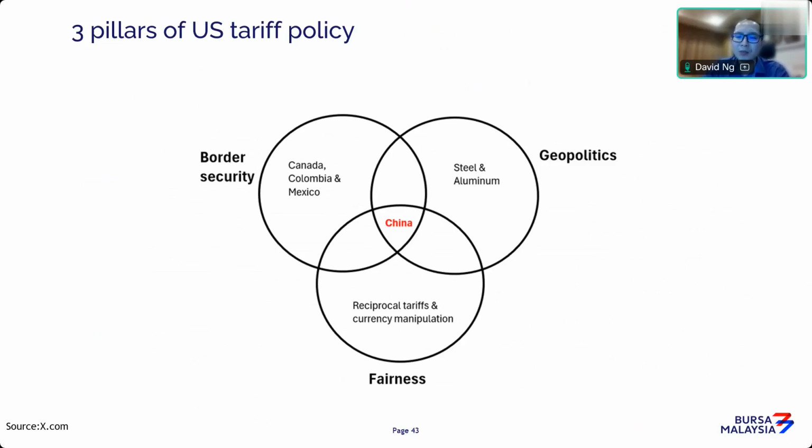So again, these three major pillars, if you look at how they're being implemented, are only pointing to one country, which is China. So the US-China trade tariff or trade war is going to get more intense, and it's not going to ease unless there is negotiation on the table where both countries start to negotiate on certain leeways. Then we start to see the easing of the tension. If not, it's going to be very difficult. So I think do watch out. I think this US tariff policy is going to create a lot of chaos and havoc in the market.